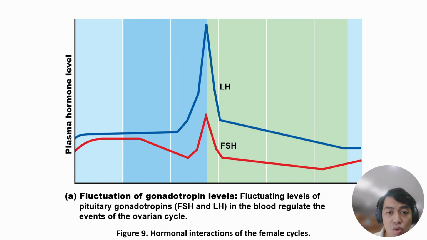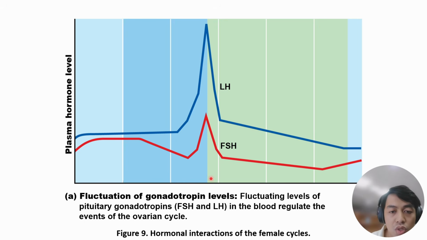This diagram shows you the timing of the ovarian and the menstrual cycles. The first part, or on the far left, is the day 1 of the cycle. Dito, the x-axis is time. So ang far left is day 0, which is the first day of menstruation. And in here sa gitna is the time of ovulation, day 14.